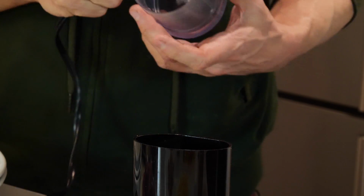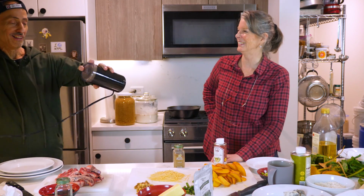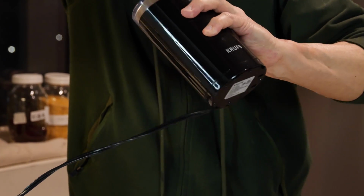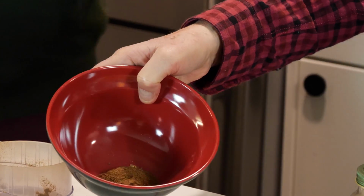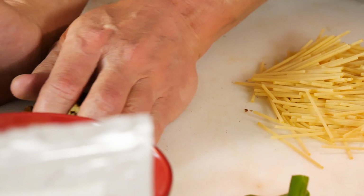We love these little blenders, right? You can do this, so you don't have to worry about anything getting stuck. Wonderful. See our spice mix? Oh my gosh. Oh, wow. That has an aroma. It's amazing. So right before we start to use that pan for something else,